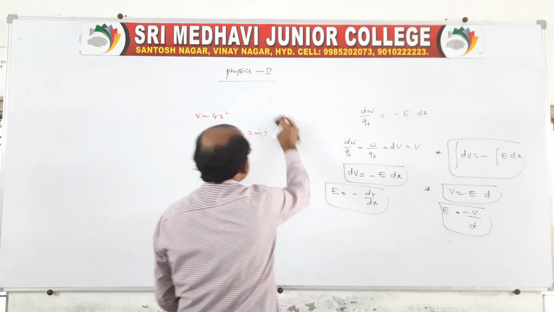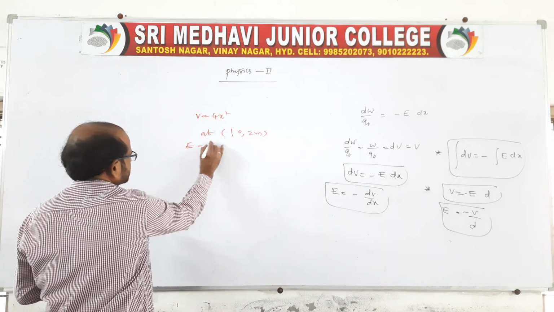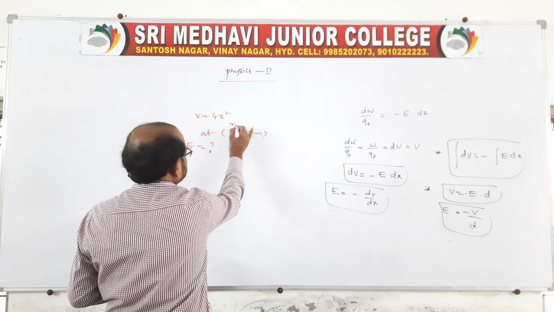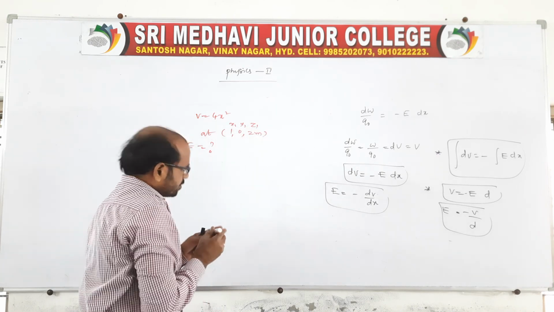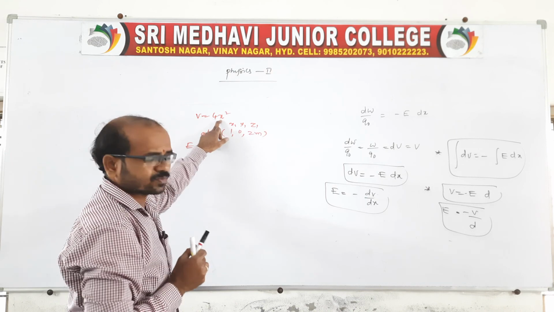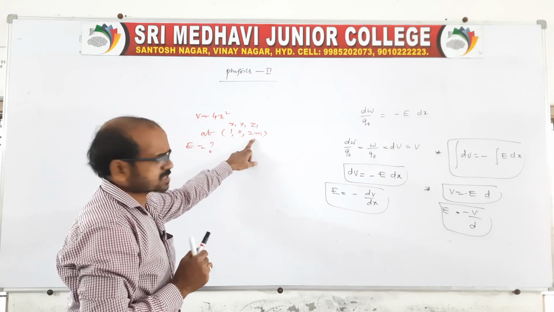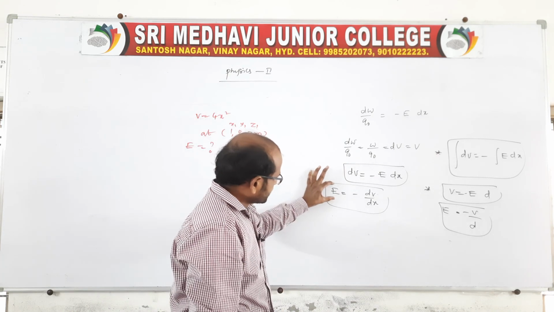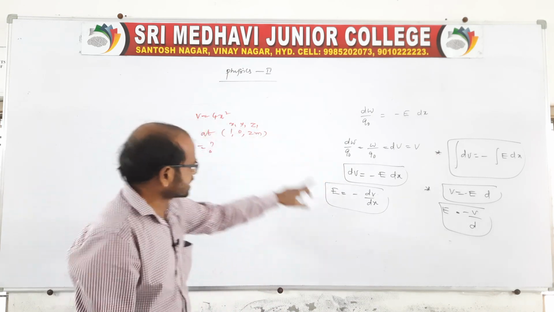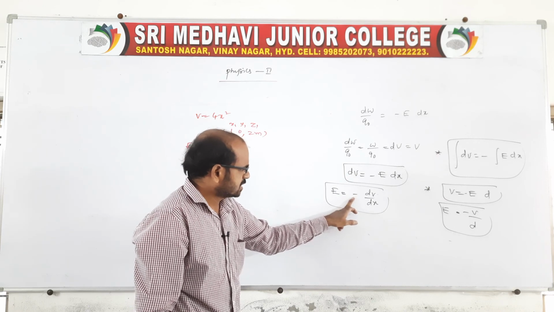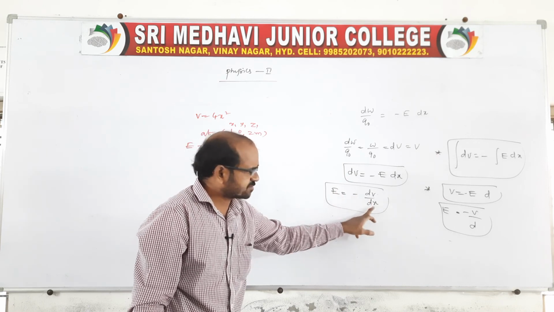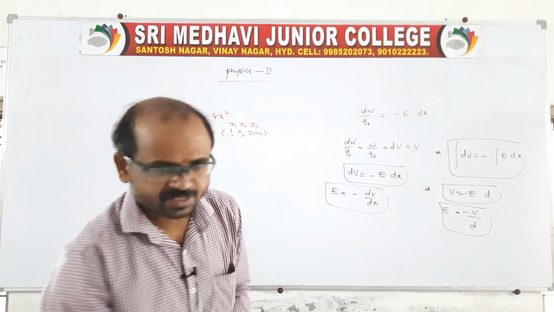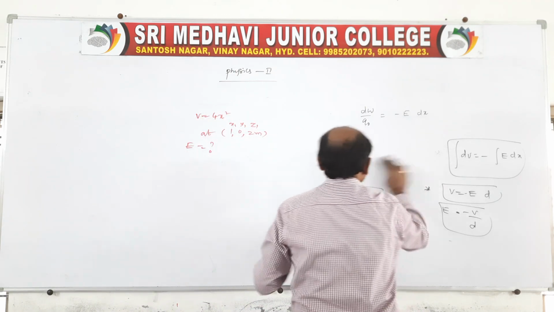See, simple. It is asking for the electric field intensity, of course. But here in the given question x1, y1, z1 is given, but in the expression only x is given, so the y and z terms are not required. Here V is given and it asks for E. Therefore, you go with the relation E is equal to minus dV by dx. The differentiation method we have to apply. So for this differentiation method, I will tell you how to do it.